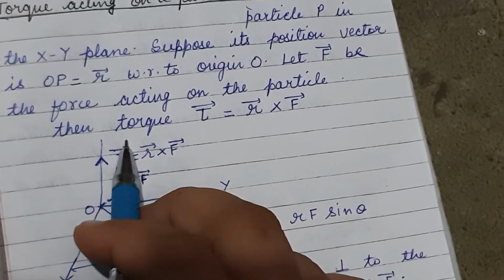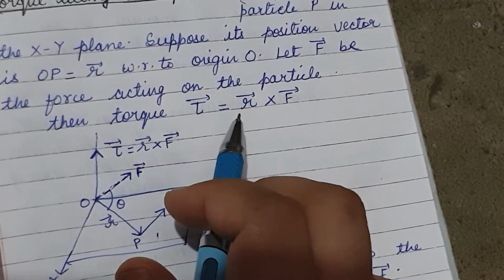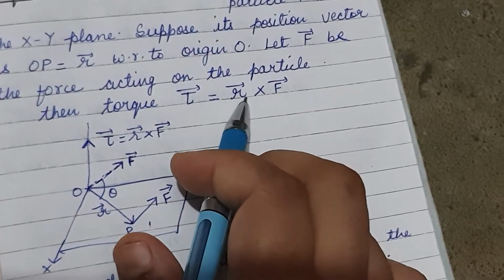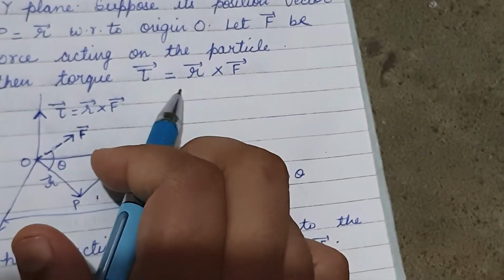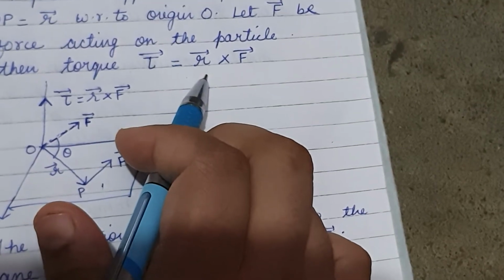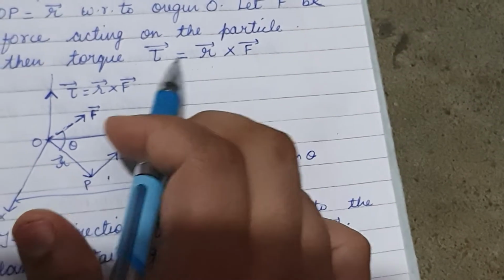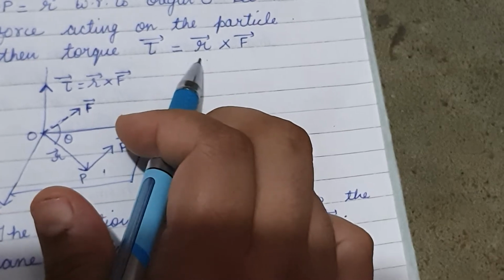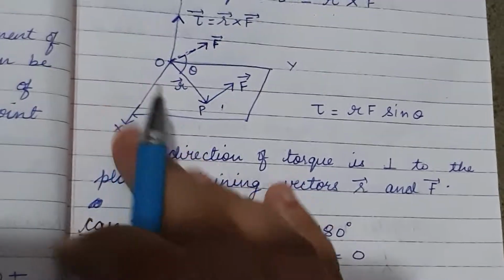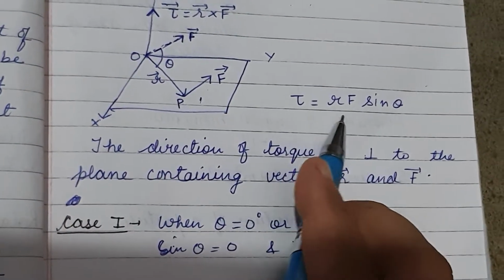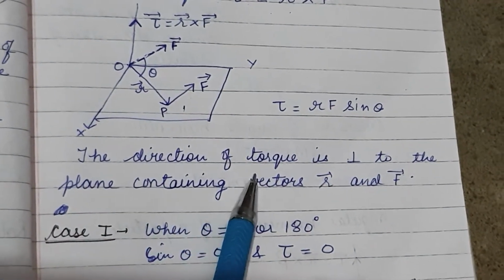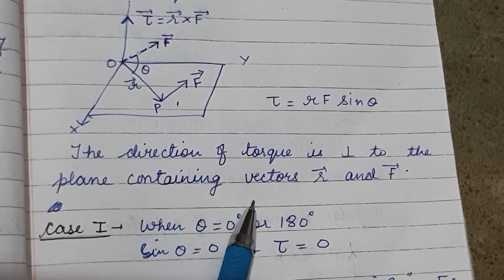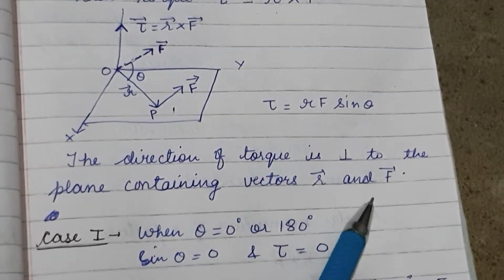So the torque will be equal to r cross F, vector r cross vector F. So torque is defined as the vector product of r and F. So tau vector is equal to vector r cross vector F, or its magnitude will be equal to rF sin theta, and the direction of the torque is perpendicular to the plane containing vectors r and F,